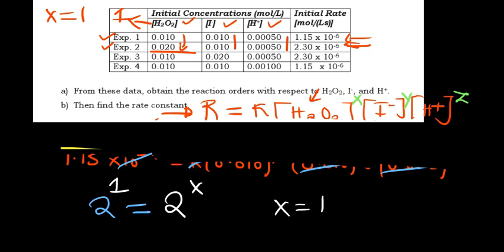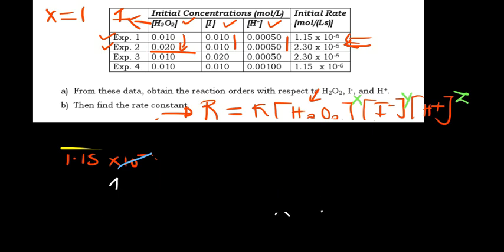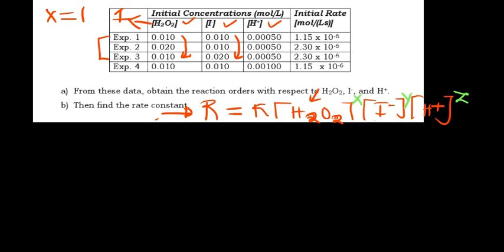So we can now move. Let's try to identify a different experiment now where you can see that they are the same. So if I look at experiment 1 and 3, you can see that the first reactant is the same, second one was changing, third one is the same. So therefore we can use that one to find the reaction order in respect to the iodide, which was not